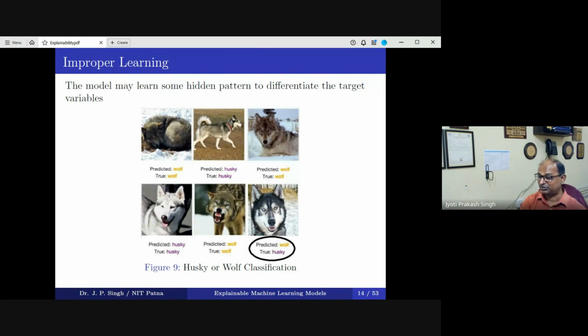Now think of a medical setting. In a medical image, you have trained a model. The model was supposed to make a prediction by looking at the diseased area. But the model has seen something else and is predicting based on that. Maybe you are getting good accuracy. Is it of any use? No, that's not of any use. And if you go for that regulatory compliance, the model will